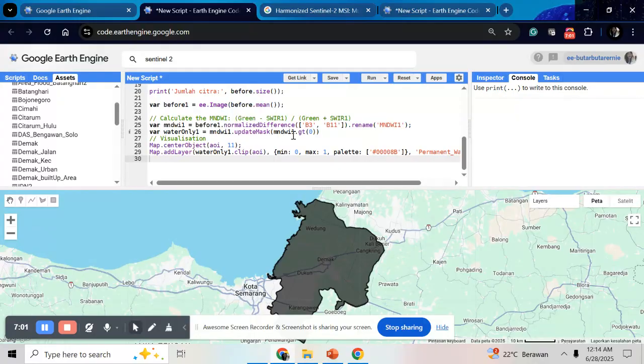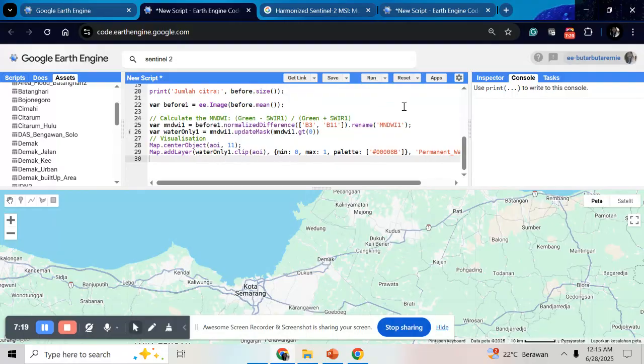As I already mentioned, greater than 0 indicates water body or water. So here I have applied masking, then add to the layer and just run it, and after a few moments